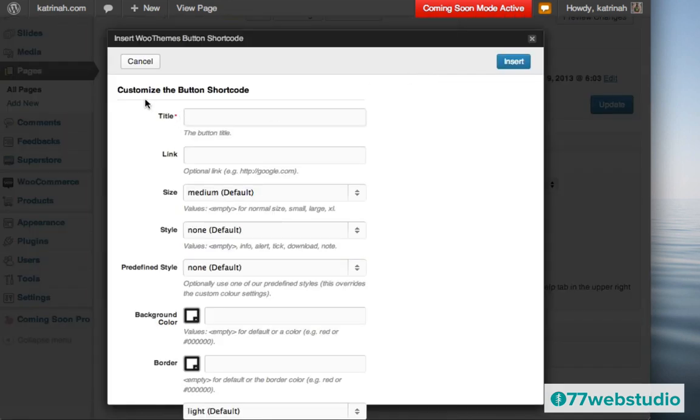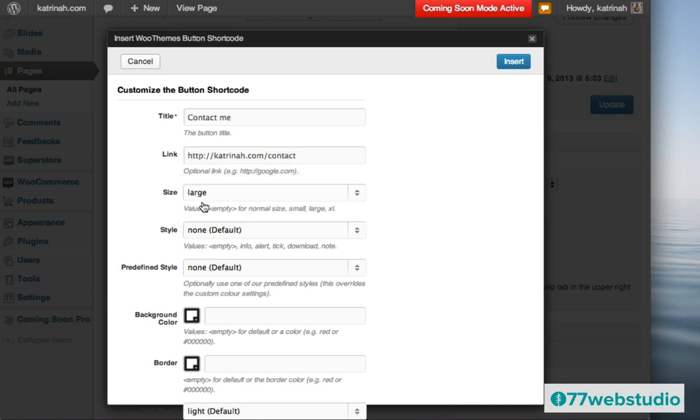And then here in the title, I'm just going to call it Contact Me, or Contact Us, Contact Me. And then I'll include a link. Now you can include any link to any page you want, but I'm going to include a link to my contact page. And I happen to know that is the domain name and then a slash and then simply contact.